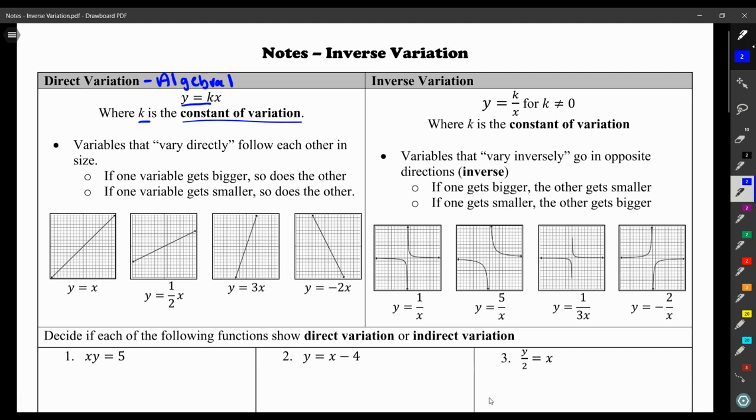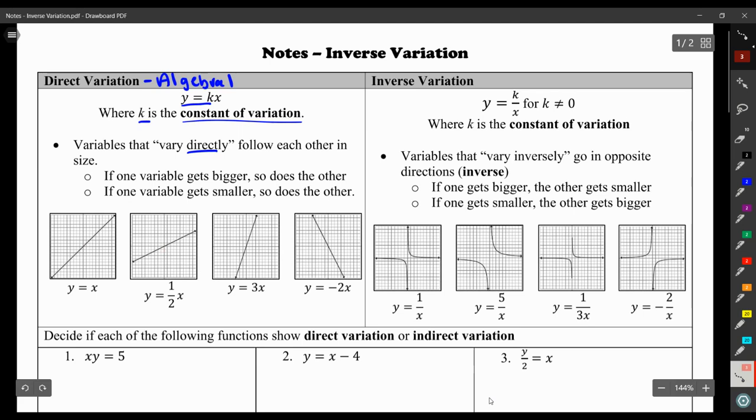When we say that variables vary directly, we know that these variables will follow each other in size. So if one variable gets larger, so does the other, and vice versa. If one gets smaller, so does the other. These are all examples of graphical direct variation. If you notice, every one of these lines goes through the origin. So with direct variation, it is a linear function that goes through the origin, which is why you did it